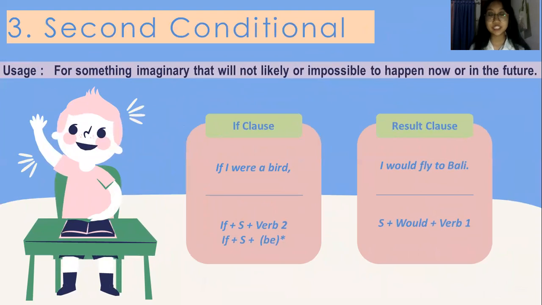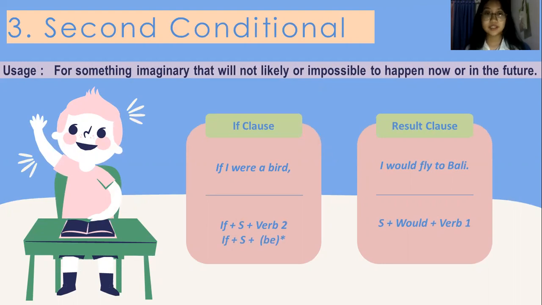Next, we have second conditional. So this type of conditional is used for something imaginary that will not likely or is impossible to happen now or in the future. Look at the example here. If I were a bird, I would fly to Bali. So as you can see from the meaning of the sentence,